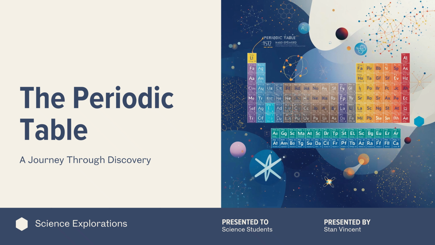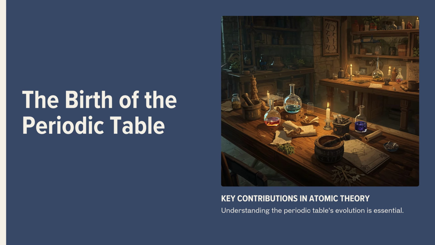Great to be here. Today, we are getting into something absolutely fundamental. I mean, it's the organizational chart for chemistry, right? The periodic table of elements. It really is hard to imagine chemistry without it. But we're not just looking at the poster on the wall. We want to dig into how it actually came to be. That whole messy 19th century scramble to make sense of the elements. Yeah, messy is a good word for it.